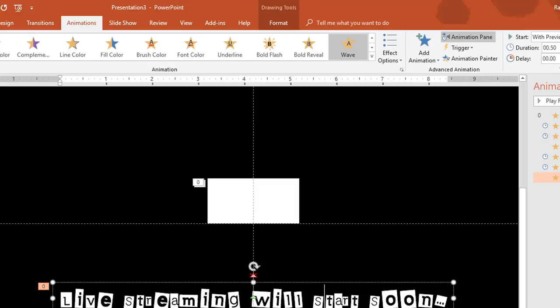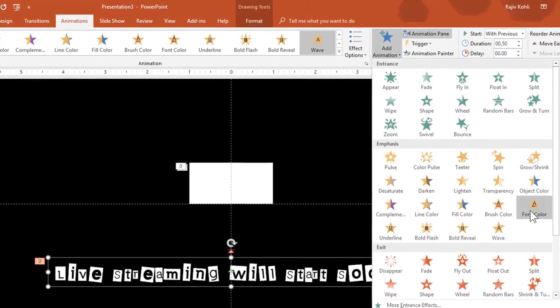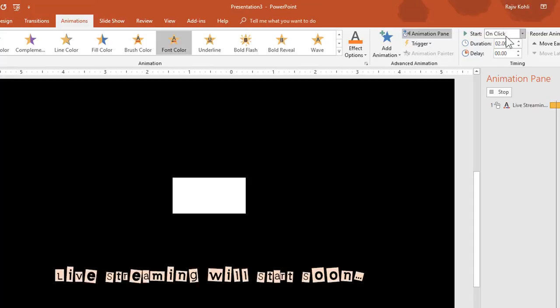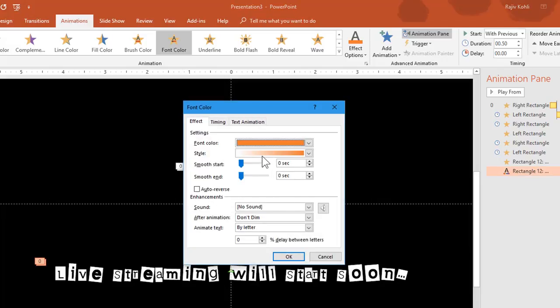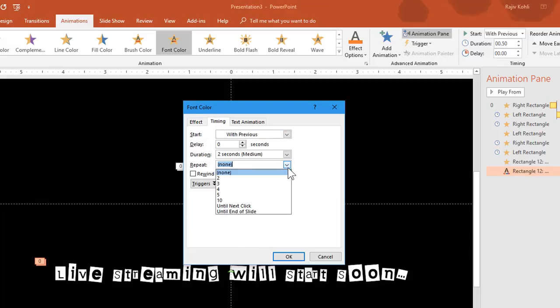And finally add animation and apply the font color emphasis effect with previous, with the duration of 0.50 seconds. Open the effect option and choose the color style you want. I want this one with a smooth end and auto reverse, with the delay between each letter at 10%, and I would like to repeat this animation until end of the slide.